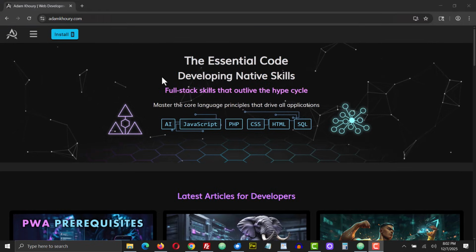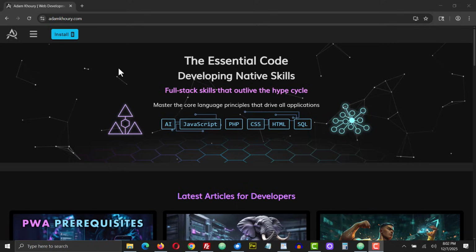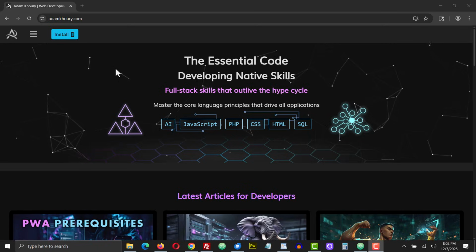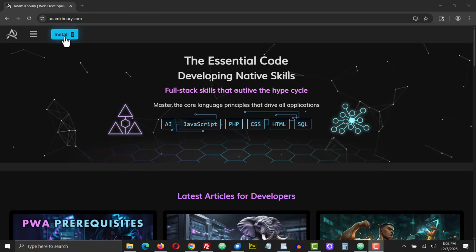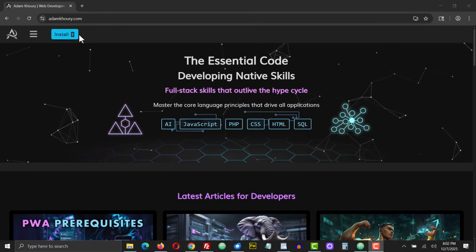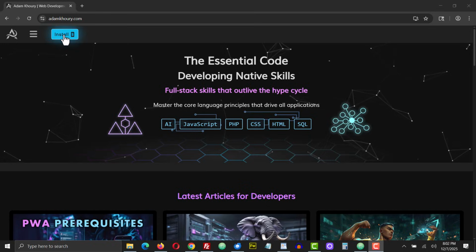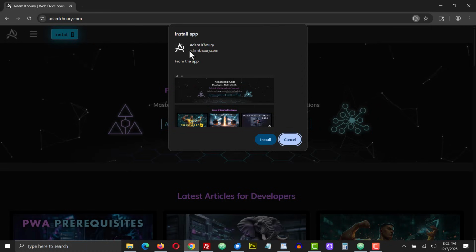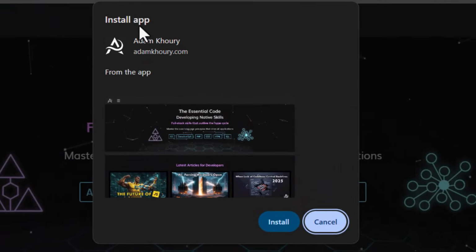So for Chromium based web browsers like Google Chrome or Microsoft Edge, the button will appear there for install. So I'm viewing this in Chrome browser right now. If I press install, it says install app. So I'll go ahead and install it,